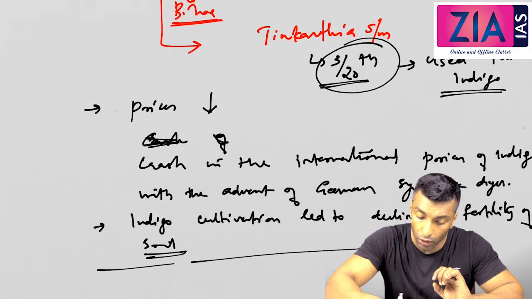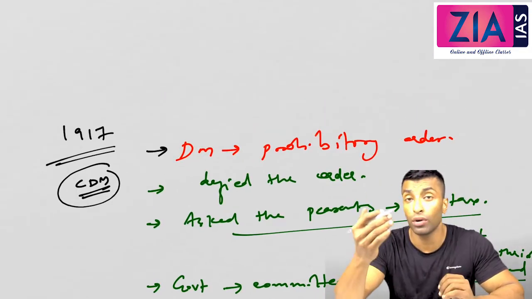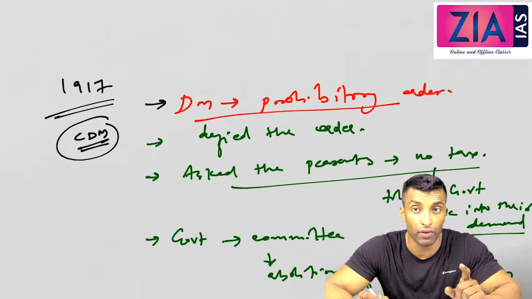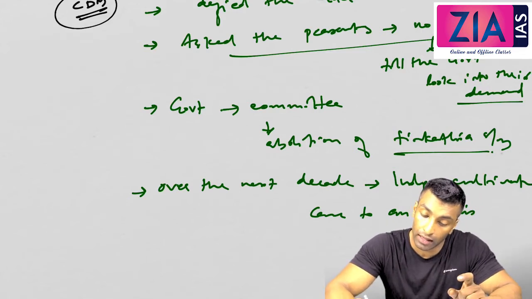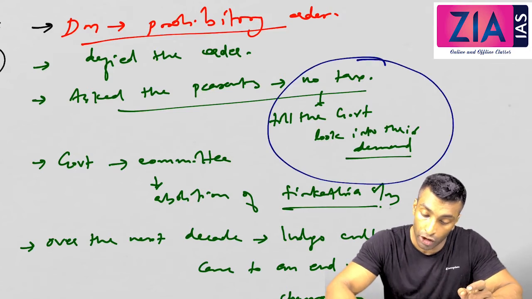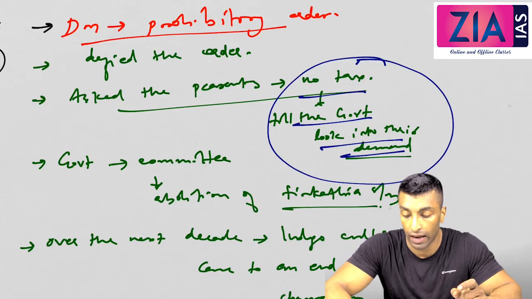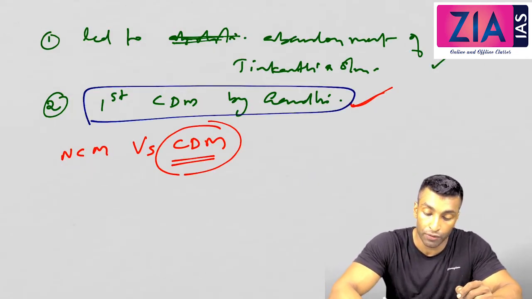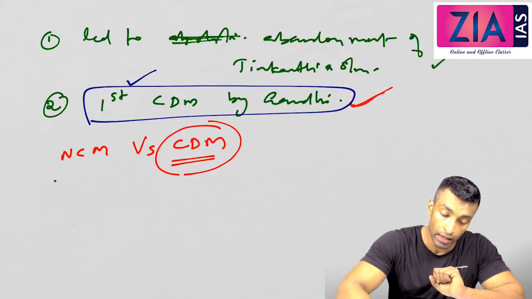As I have already told you, when Gandhi came to Champaran, he actually violated a law. Secondly, what is the movement? Gandhi recommended the non-payment of tax. That is also actually a violation of law. Because of this, we can say that it is the first civil disobedience movement of Gandhi. So in that way, that is also correct.